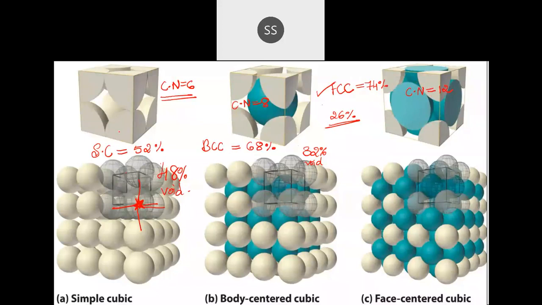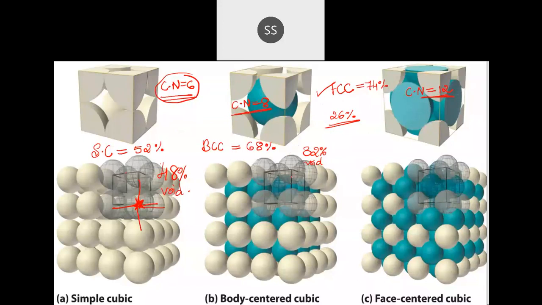With this, you understand that the higher the coordination number, the more neighboring particles they have. If they have more neighboring particles, they are tightly packed, so their packing efficiency is going to be higher. Here coordination number is 6, so fewer neighbors and a lot of space goes as void. Here it is 8, so it's a better one. And here it is 12, so it is a still better way of packing. I hope this packing efficiency part was clear to everybody.